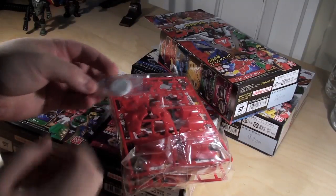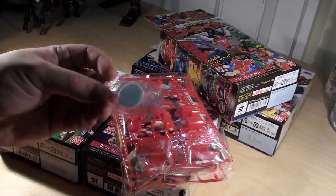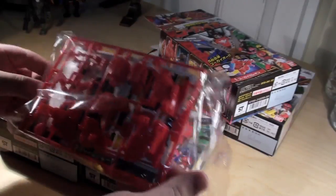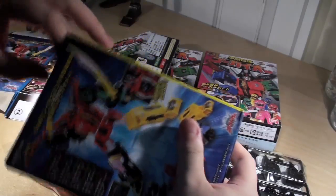You get candy with it. I think I might give this candy to my roommate here, because I don't think he's ever enjoyed the beauties of a laminate tablet. And the parts look like this. They're in little bags. I'm going to forego the rest of this opening because you've seen what these look like before, haven't you? Okay, maybe I'll show you a little bit of the end result, because what's kind of interesting